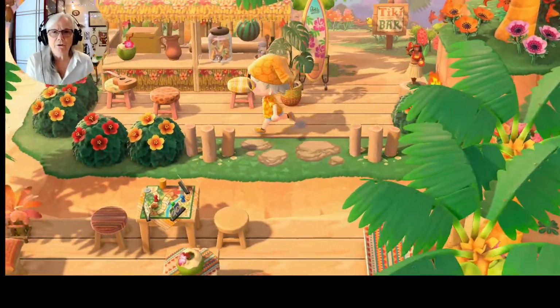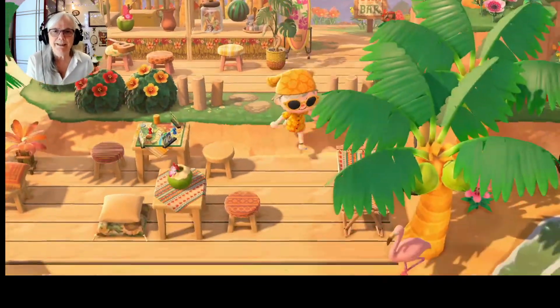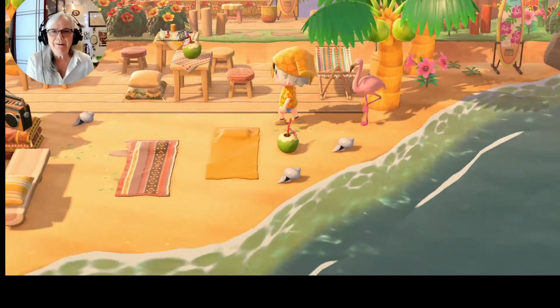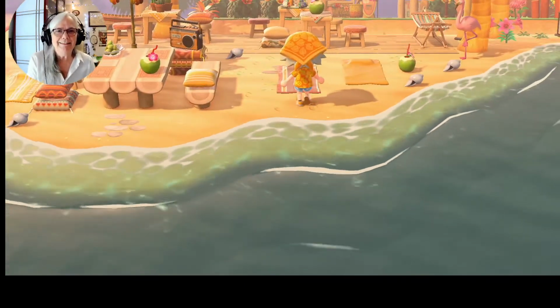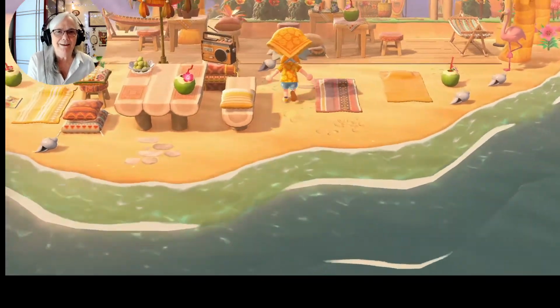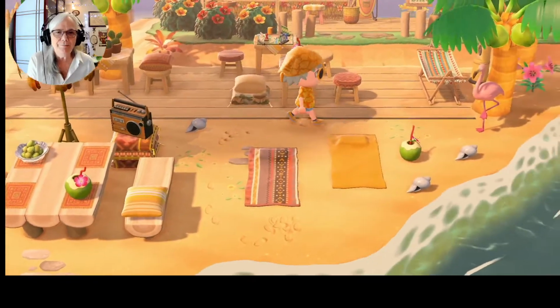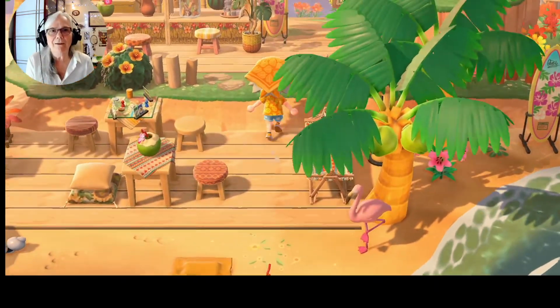Because, you know, you don't actually have to be over 19 to watch my stream. Oh, and here's the beach. I love how these blankets look like they actually have pillows. That's not possible, they're just flat, but Animal Crossing is all about illusions. It's all about illusions.